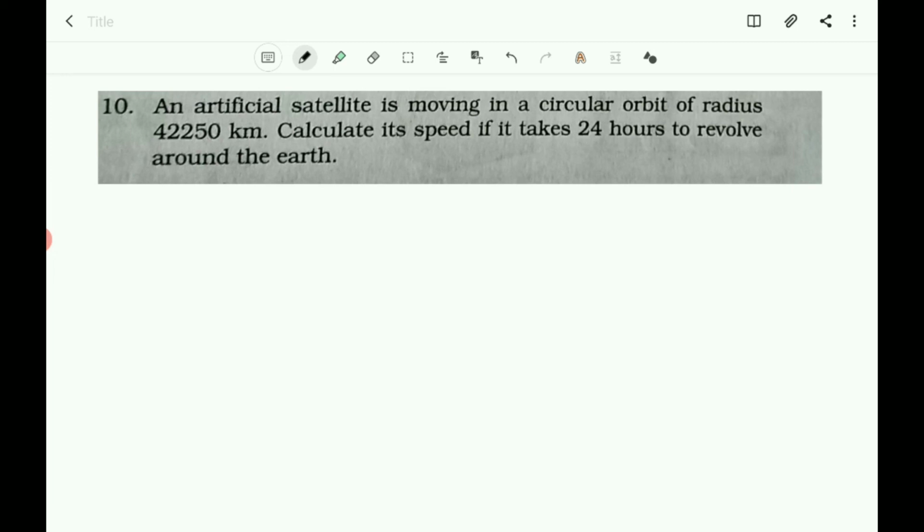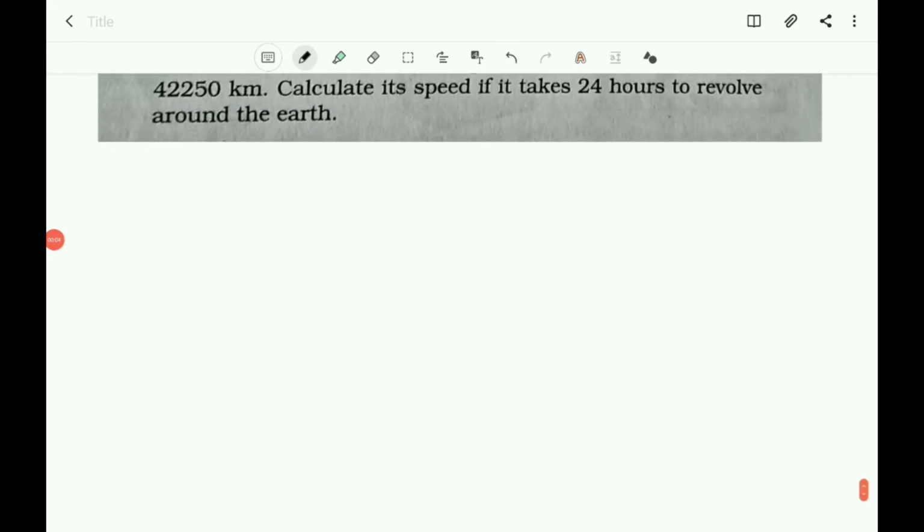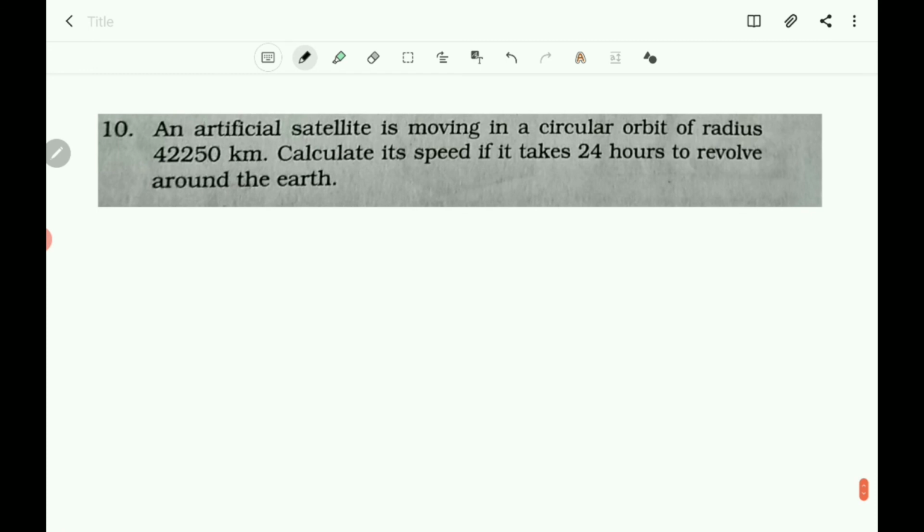So first you write that r equals 42,250 km, and distance covered in one revolution